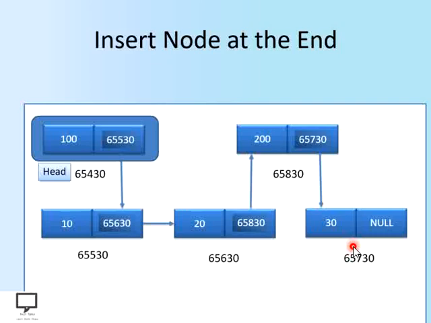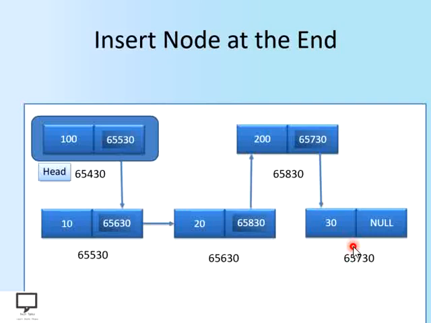Is it the last node? How could you come to know that this is the last node? Yes, you are very correct. After comparing the next field to null, if it is not null, it means that this is not the last node. If it is null, it means that we are at the end of the linked list, or we are at the last node of the singly linked list.